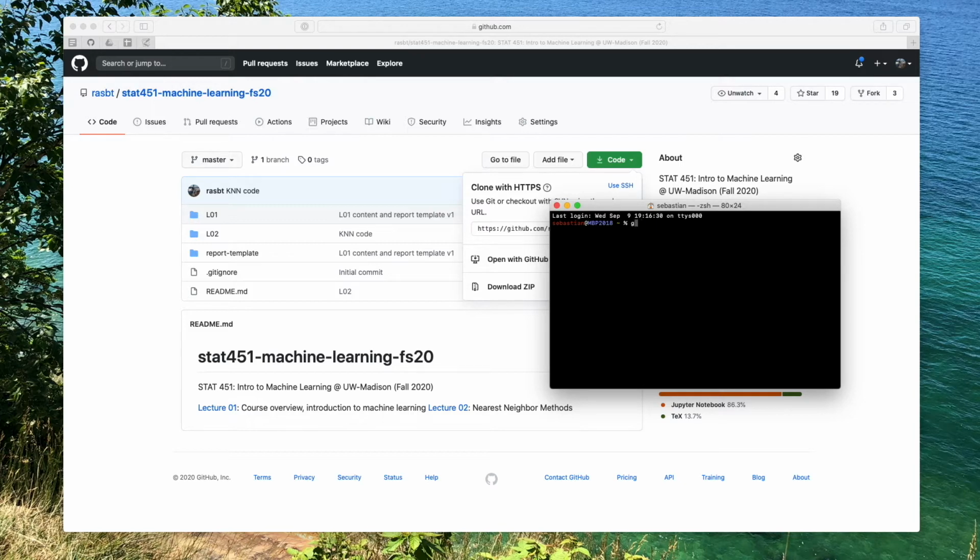So I will first go to my desktop because it's just a temporary setup here. And then I type git clone and paste this link. That's downloading the content. May take a while.